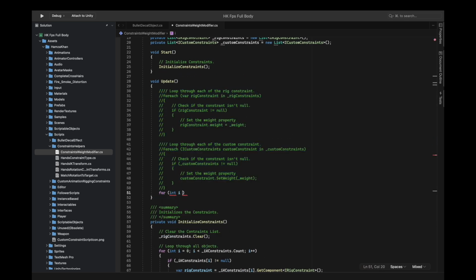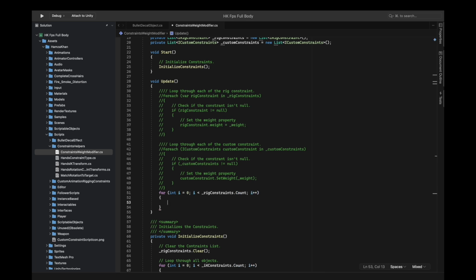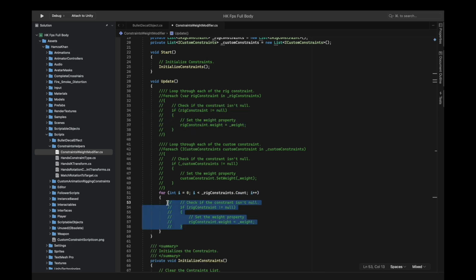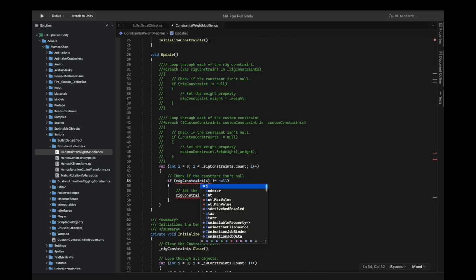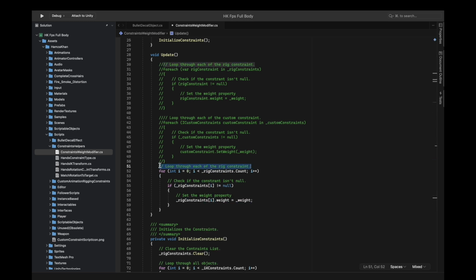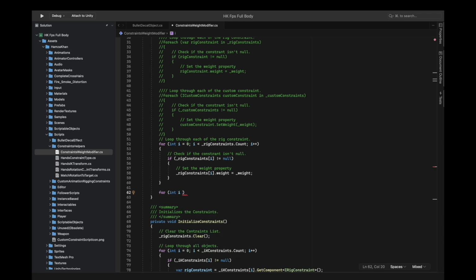Similarly, in the update function, we've got two for each loops. We can replace them both using a for loop. Of course, we'll need two for loops in this case as well. Same thing, but this time we're going to go to the rig constraints list. And again, we're going to go to the index of i when we have to assign or get something. Similarly, for the custom constraints,